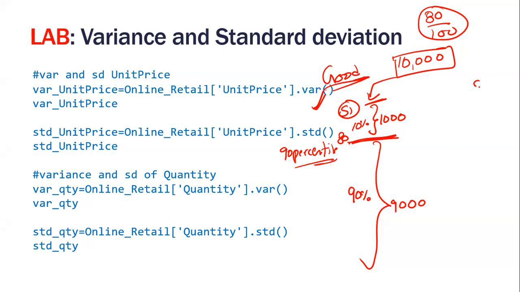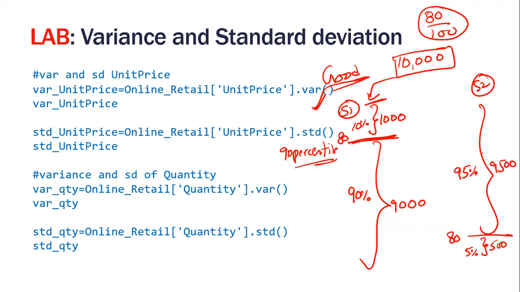But in scenario two, in a different scenario, he got 80. But below him, there are only 500 people. Above him, 9,500 people are there. The paper was so easy. It was already leaked. Everybody knew the answers. 9,500 people got above 80 marks. Only 5% of the people got below 80. 95% people got above 80. Only 5% got below 80.